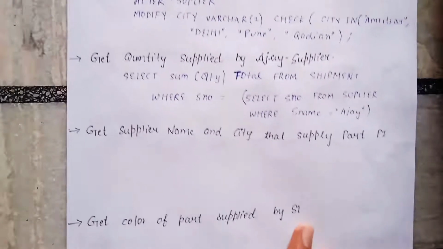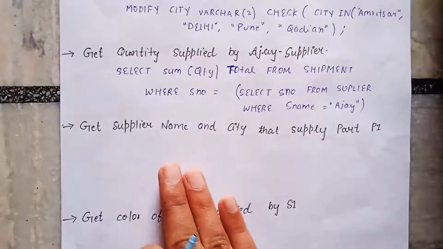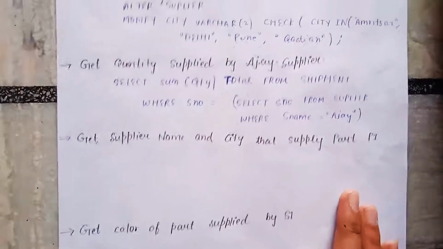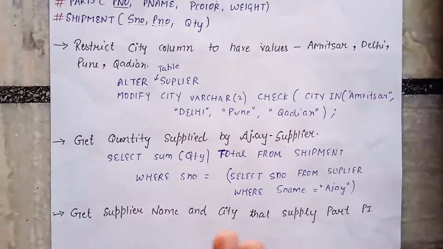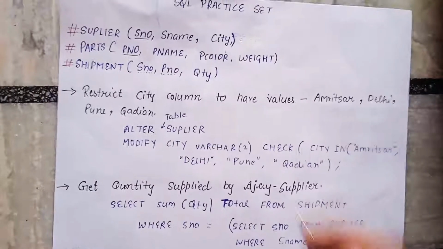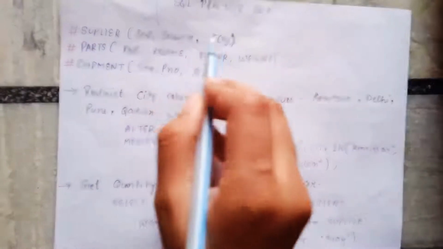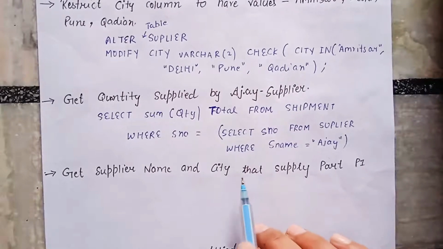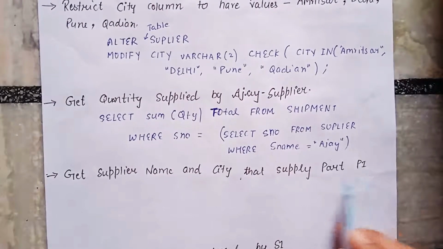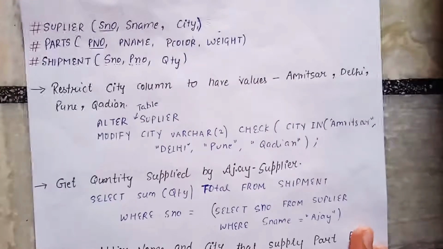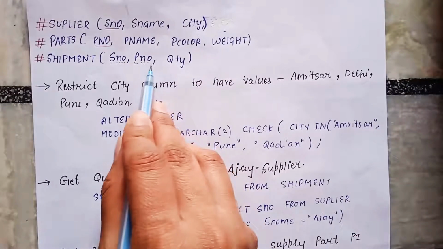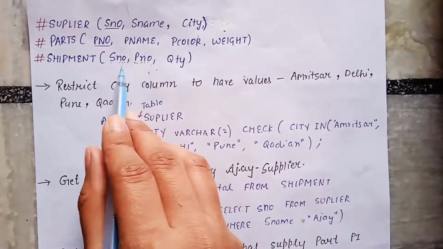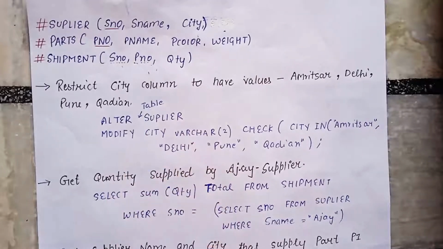Now let's see our next query: get the supplier name and city of those that supply part P1. How do we solve this query? Firstly we want the supplier name and city, and we can get this from the supplier table. The condition is where those suppliers supply part P1. We can find out about shipments from the shipment table, so from this table we will make an inner query that will fetch those suppliers who supply part P1. So the query would be